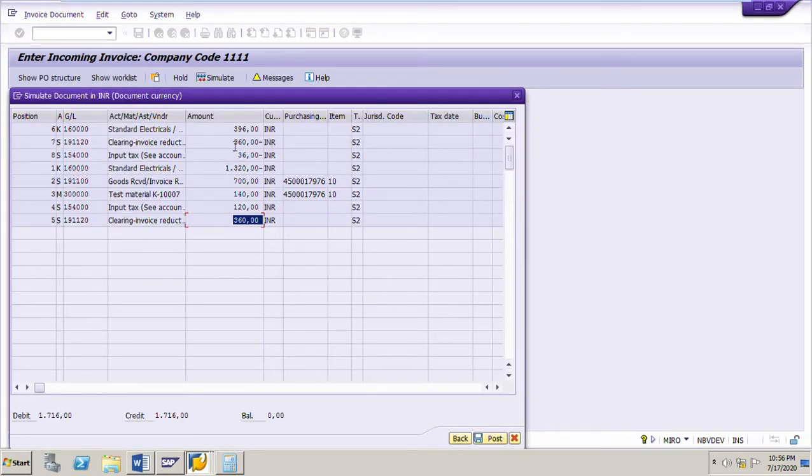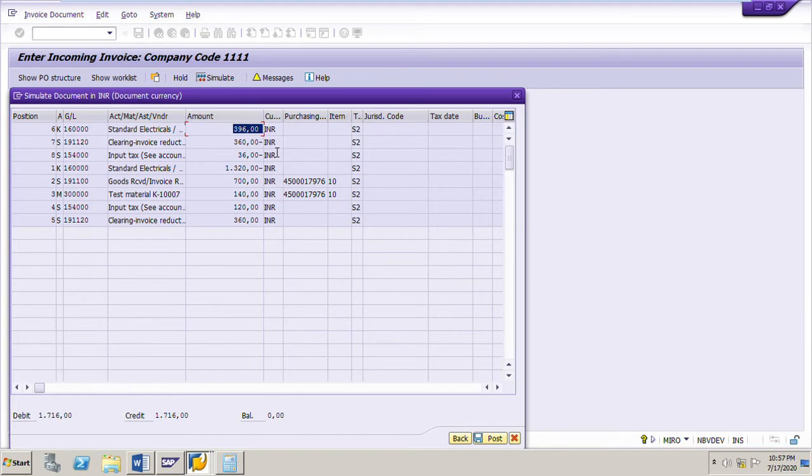So here now the vendor has to, so we are reducing invoice by 360 rupees, right? Then what happens? The clearing invoice reduction for 360, that is the 360 amount plus 10% of the tax for this 360, which is 36. And the total of this one, the amount we have reduced the invoice 360 plus 10% of 360, which is 36, that will be equal to 360 plus 36 is 396. This amount the vendor has to pay us back.